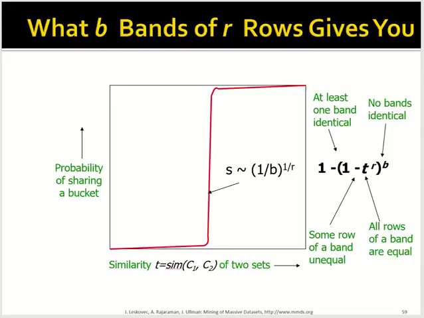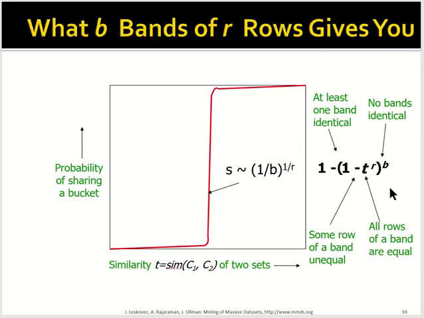can put all these numbers into this figure to present their meaning and effectiveness. Okay, with B bands and R rows, if we put them into this figure, we will notice that the similarity threshold is roughly proportional to 1 divided by B, with the power of 1 divided by R. So the probabilities of at least one band being identical, no band being identical, some rows of the band being identical, and all rows of the band being identical, we can extract from this formulation to understand each meaning